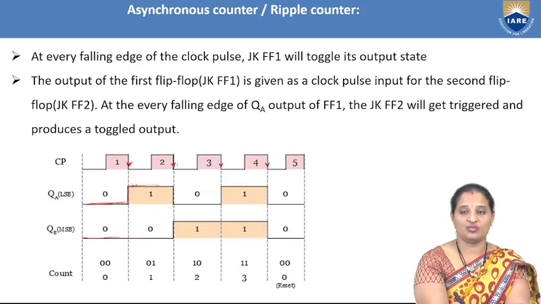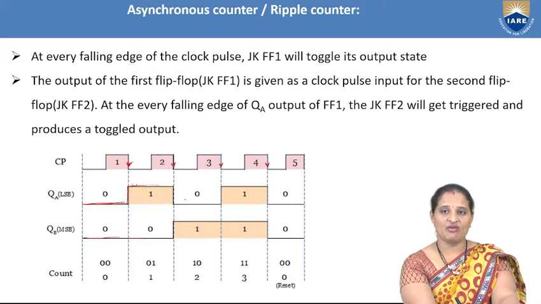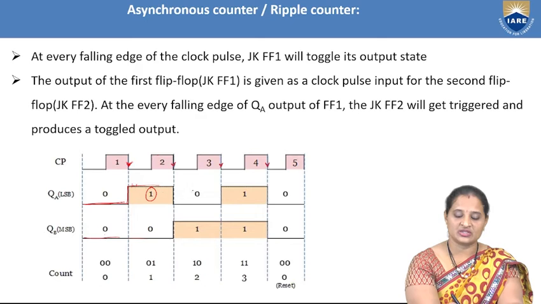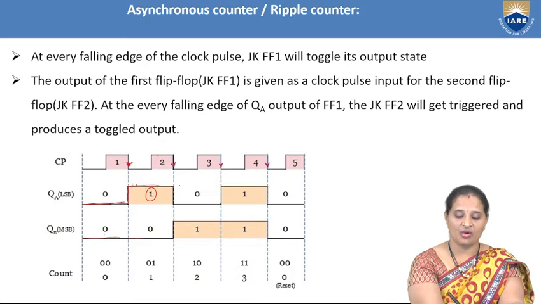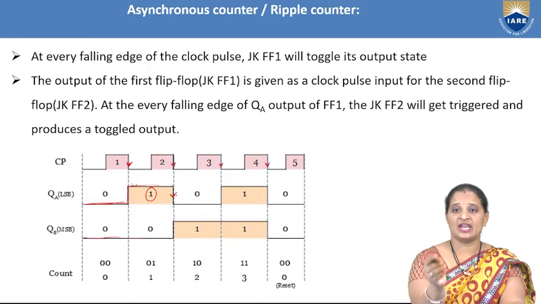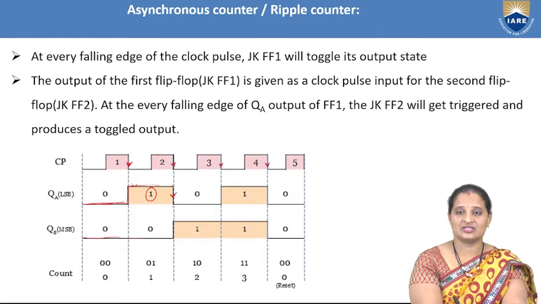And again, during the negative edge of the clock, as we have continuously connected J and K inputs to 1, the next state is the complement of the present state. What is the present state now? It is 1. So that is why it is complemented to 0. Now, if you observe the output of the first flip-flop, we have a transition from 1 to 0. That is considered as a negative edge of the clock signal applied to the second flip-flop. As we have come across the negative edge, the flip-flop can change its state to the complement of the present state, where the present state is 0. So now it has become 1.